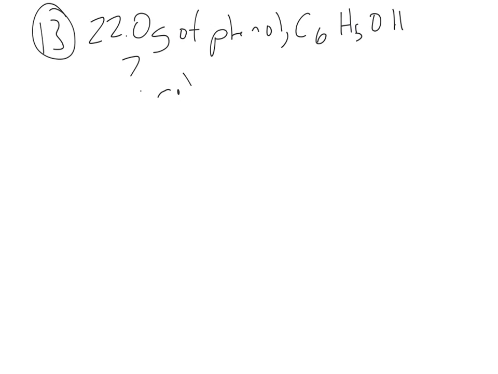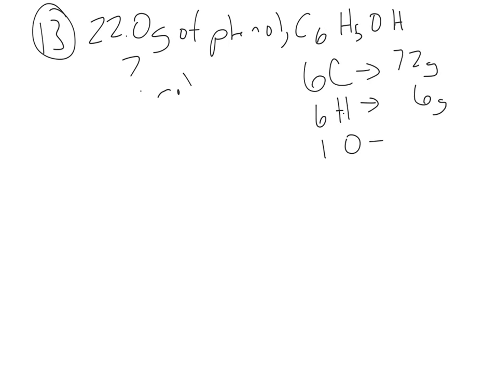So the first thing to understand is that each one of these has 3 different types of atoms. There are 6 carbons, 5 hydrogens here, and 1, so a total of 6 hydrogens and 1 oxygen. So we can say 6 carbon, 6 hydrogen, and 1 oxygen. So 6 carbon would be 6 times 12 is 72 grams if I check my periodic table. 6 hydrogens is 6 grams, and 1 oxygen is about 16 grams. So 22 and 72 is 94